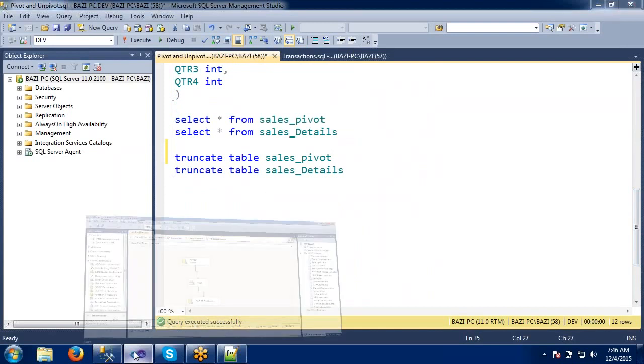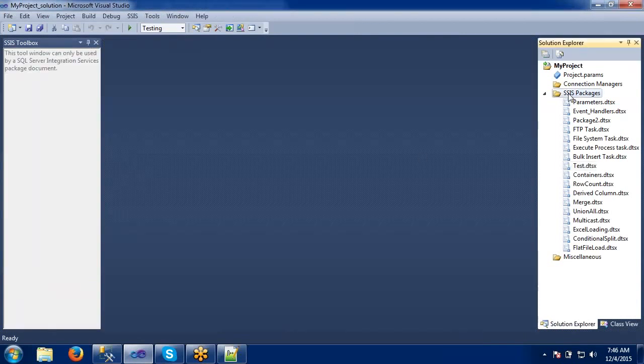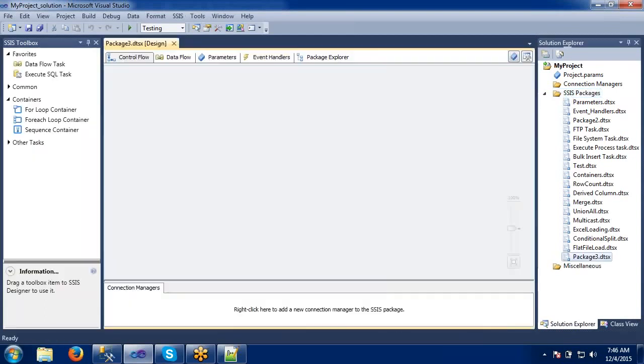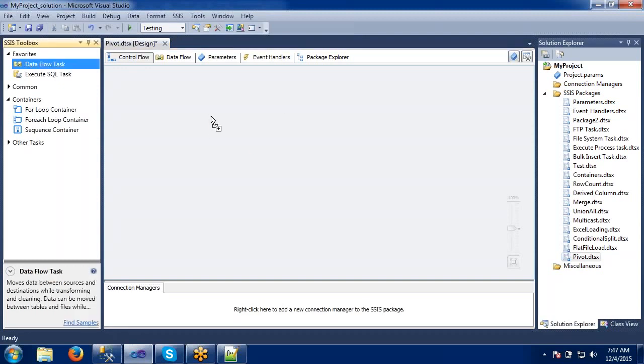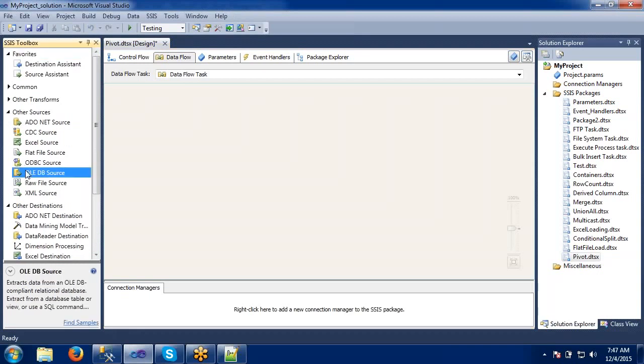Now I'm going to create a simple package. I'm going to take one new package here and rename it as pivot, and I will take a data flow task. What is my source here? The table itself, right? So I will take a table here,